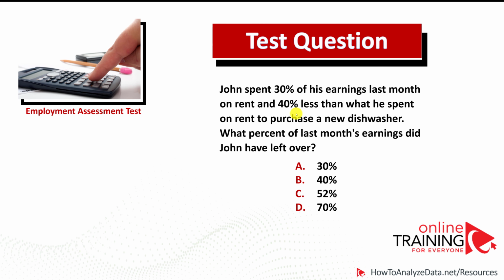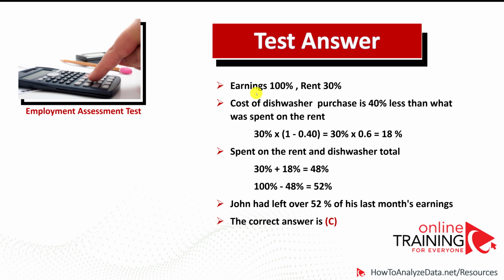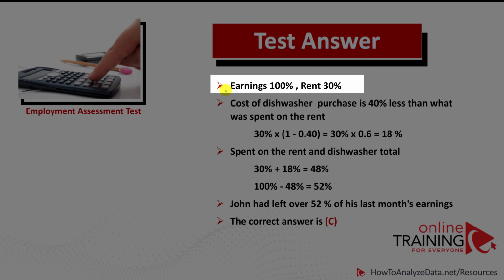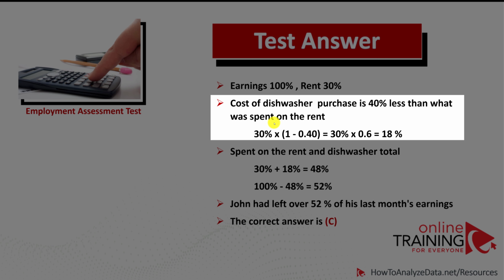As you might see here, the key would be to calculate the cost of dishwasher. And calculation of cost of dishwasher is based on the calculation of the rent. If you look at the initial problem, the earnings could be represented as 100%. Rent would be 30%. If you subtract rent from earnings, the leftovers will be 70%. But in addition to rent, John also purchased a dishwasher, which is 40% less than he spent on rent. 40% less means 1 minus 0.4, which is represented by 0.6. So to calculate cost of dishwasher, we would need to multiply 30% by 0.6, which would be an equivalent of